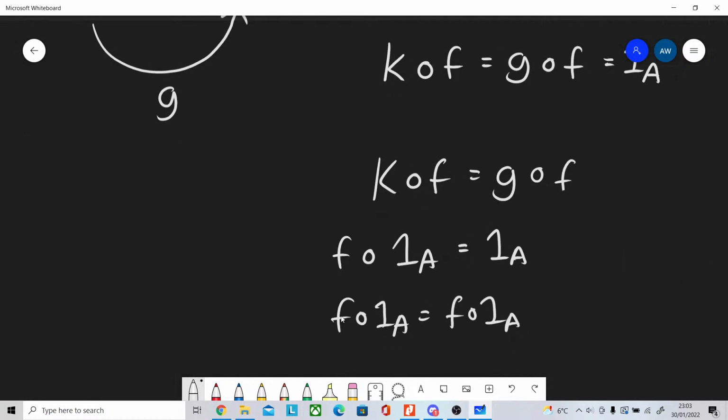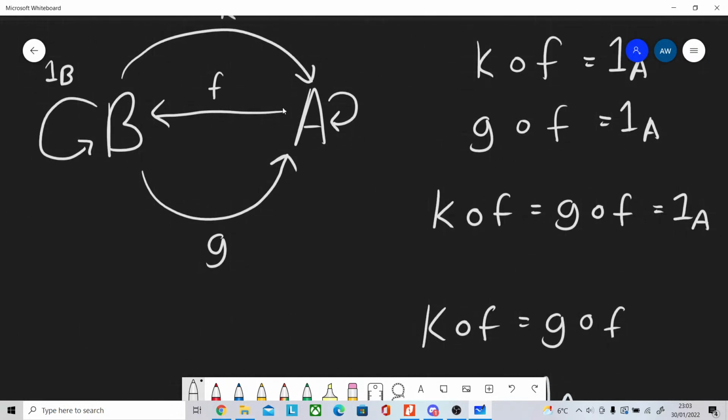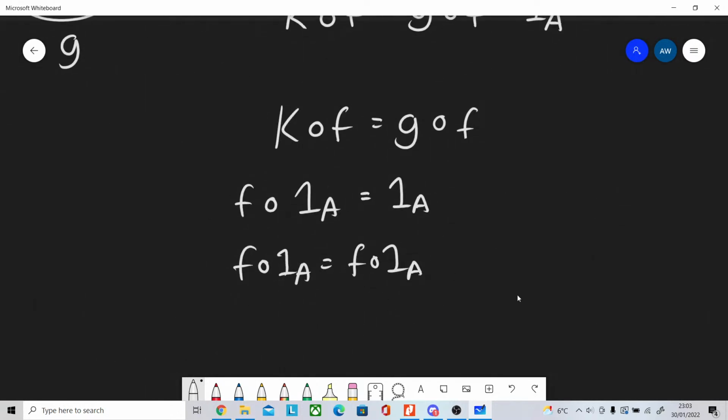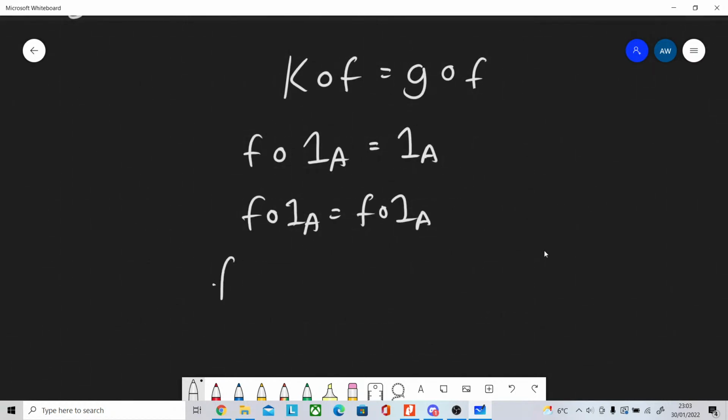So we do 1A first and then F, 1A first and then F, right? And then you can go from here into KF is equal to FGF, and then you can group